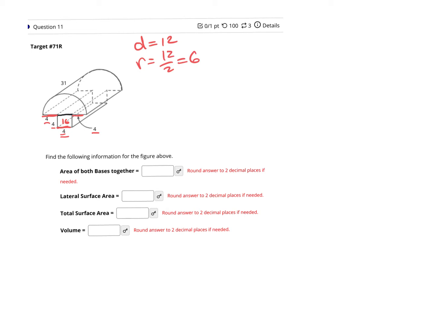So now we're going to find the area. The area of a circle is just pi r squared. So if we want to take half of that, we divide it by 2. So it's going to be pi times the radius, which is 6 squared, and then divide by 2. When I put that in my calculator, I'm going to end up with 56.5487. Now, I have to add to that the 16 for the square part of the base, and I'm going to get